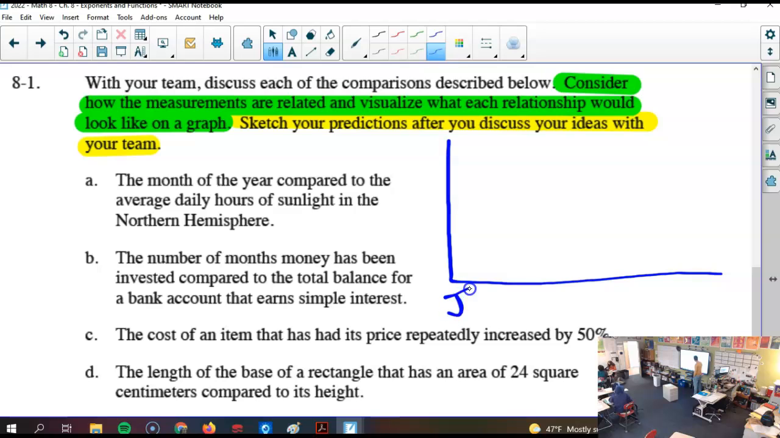So if we started here, January, and we made December over here. The month of the year compared to the average daily number of hours. Now I could flip my axes, but we said time normally goes on the x. They're both times. Well, hours of sunlight? Yeah, I mean, you're not wrong, but